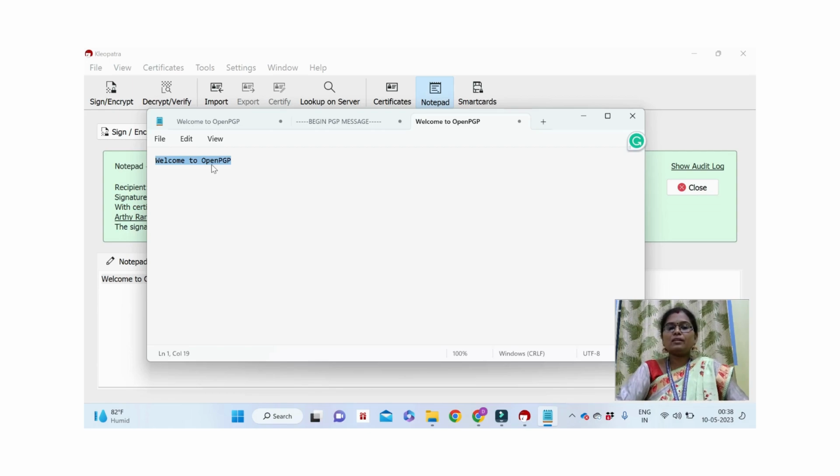Hope you have understood the new tool called Kleopatra through which we can perform the encryption and decryption with